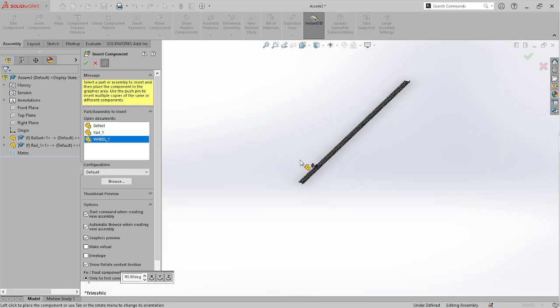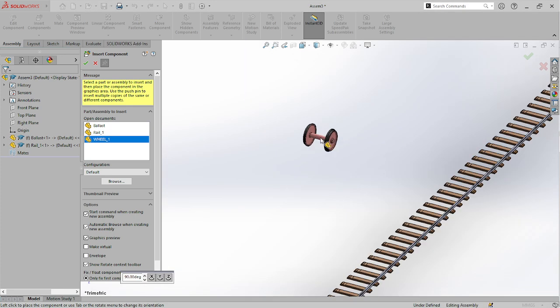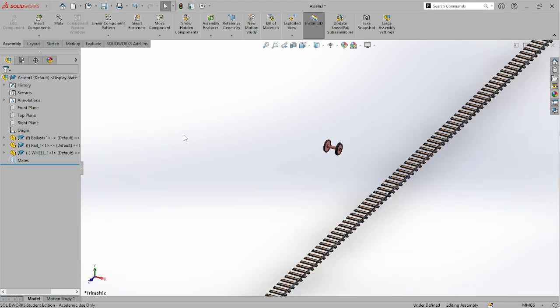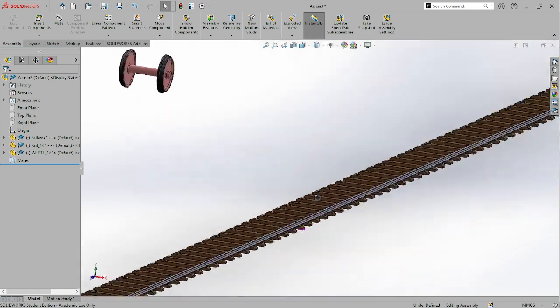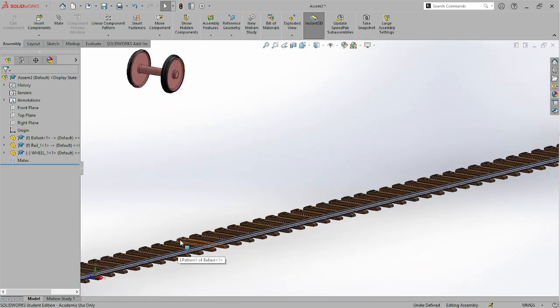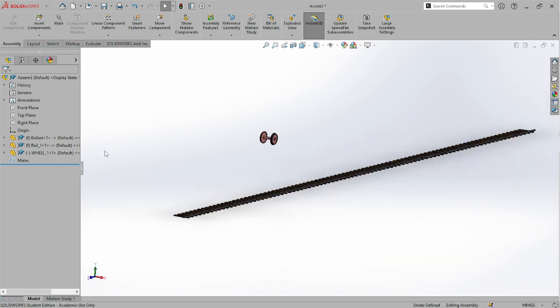And this one, the main reason the second time I wasn't able to insert was I had to click on the graphical user interface. So the main reason I wanted to make sure I insert it from the property manager was